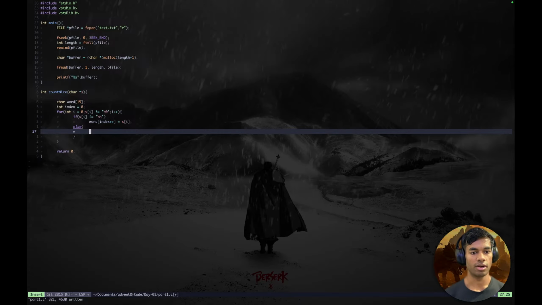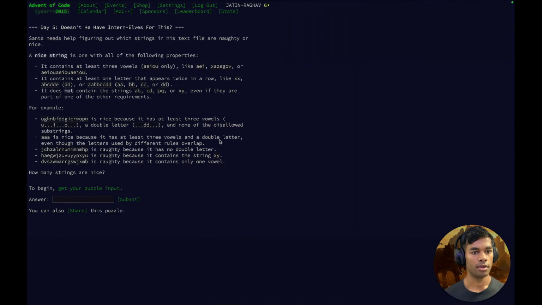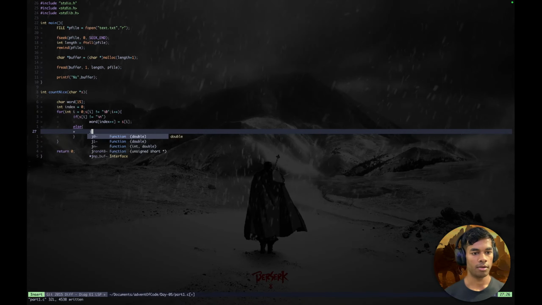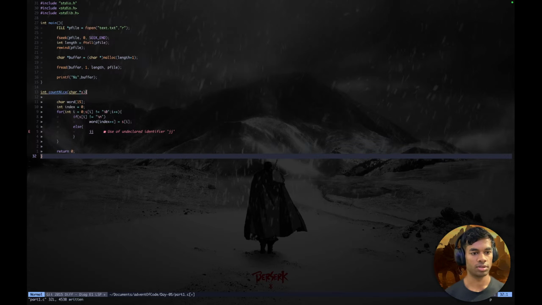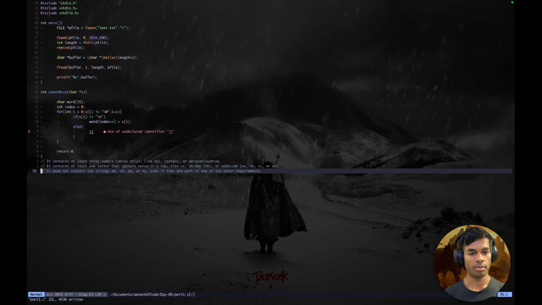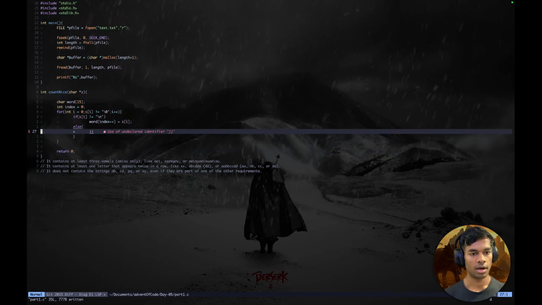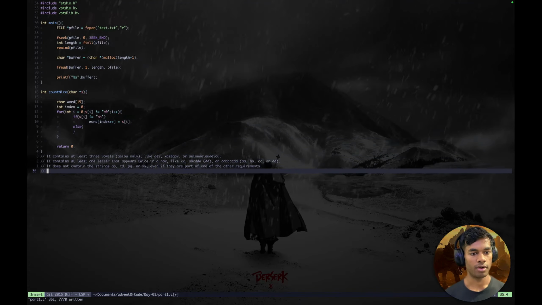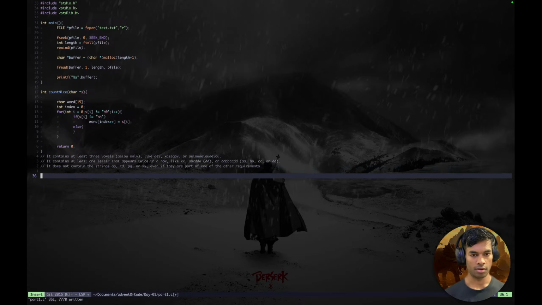I need to check a few things inside that word. These three conditions. Let's copy and paste. Copy paste, copy paste, copy paste. Yes, yes, yes. I need to check if my word fulfills these conditions, and each condition will be checked by a function. So I need to write only three functions, and